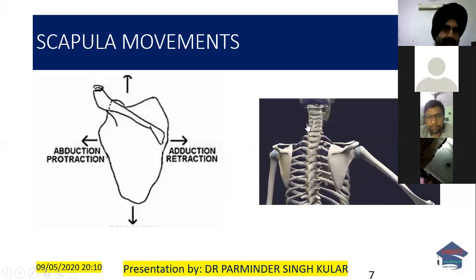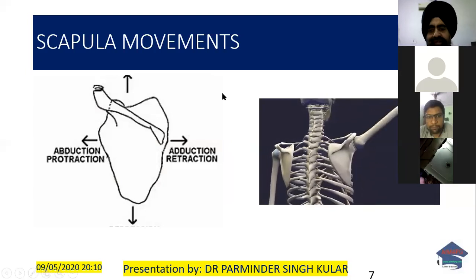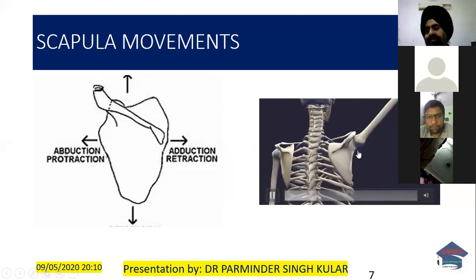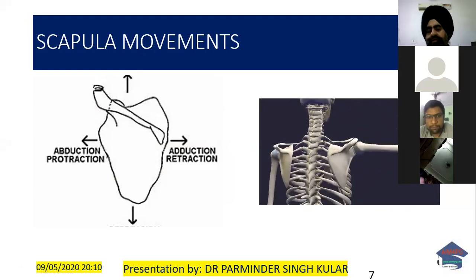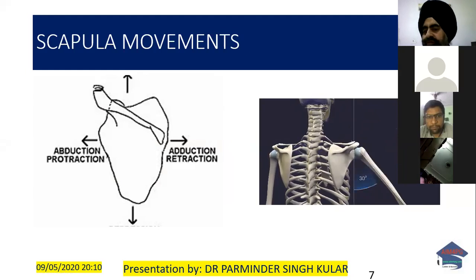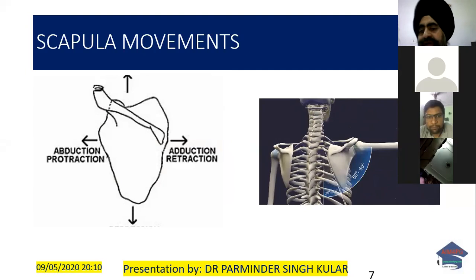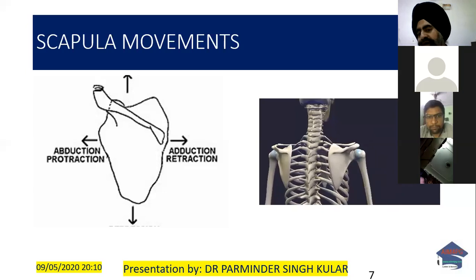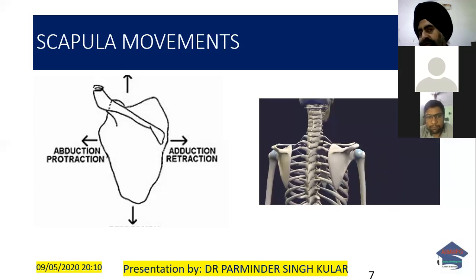So, the scapula: it is not only the movement at the glenohumeral joint, it is also the movement of the scapula around the chest wall, which helps in building the full range of the movements at the shoulder joint. If the scapula does not move, the movements of the shoulder are restricted. If the glenohumeral joint movements are restricted, the patient is able to compensate or do some tricky movements of the shoulder by moving his scapula, but he will commonly present to you with pain because the scapula is not usually meant for independent range of movement.